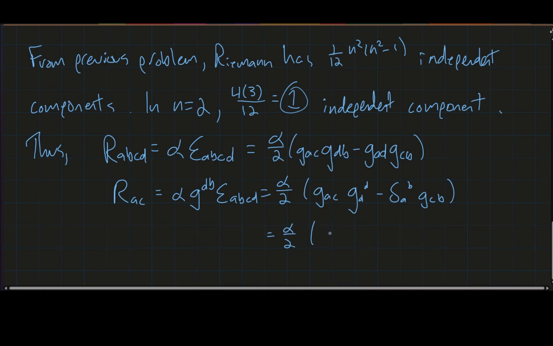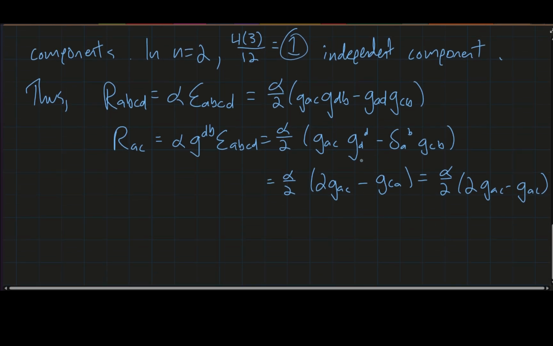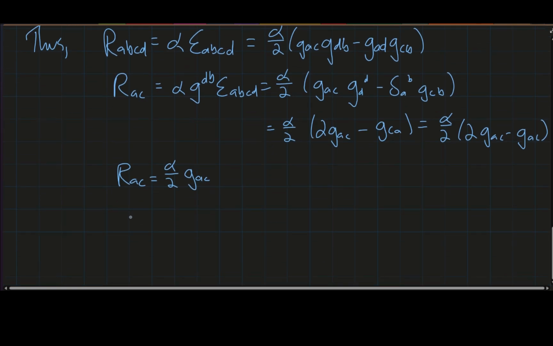The trace of the metric is going to give us 2 in 2 dimensions, so we get 2 times G_AC minus delta_AB on this minus G_CA. But thanks to metric symmetry, this is alpha over 2 times (2 G_AC minus G_AC). Or in other words, R_AC equals alpha over 2 G_AC. So now we can contract again over A and C, and we get the Ricci scalar